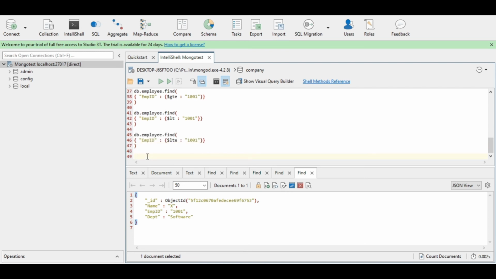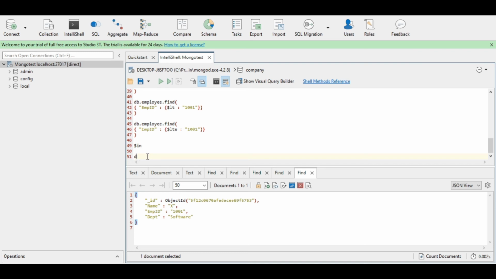So now we will be using the $in operator. What is the use of this operator? This operator selects all the documents where the value of the field equals any value in the specified array. So now I will be fetching all those documents where the employee ID equals 1001 or 1002 or 1003.